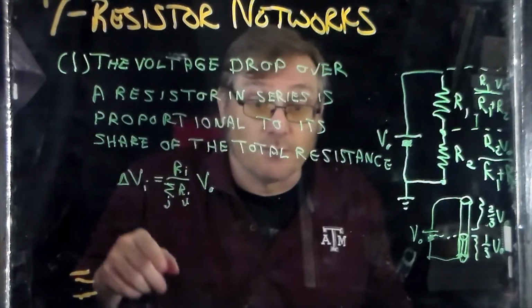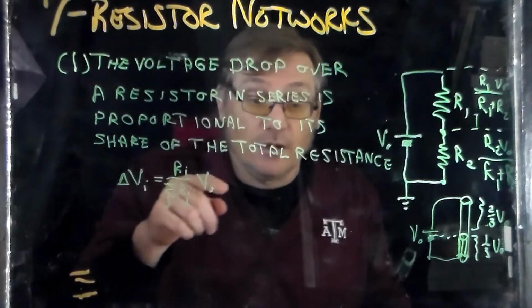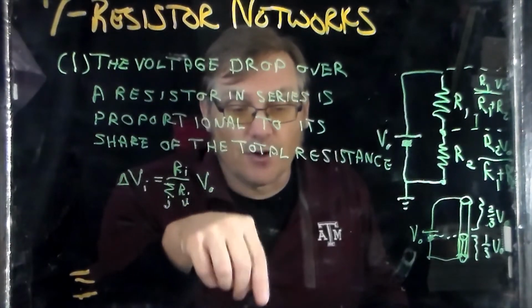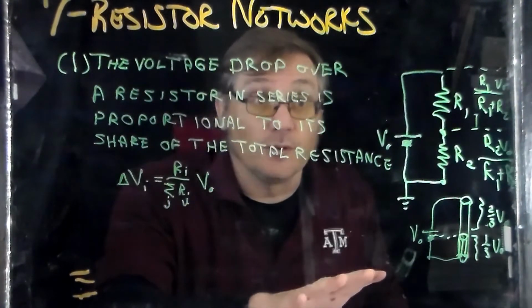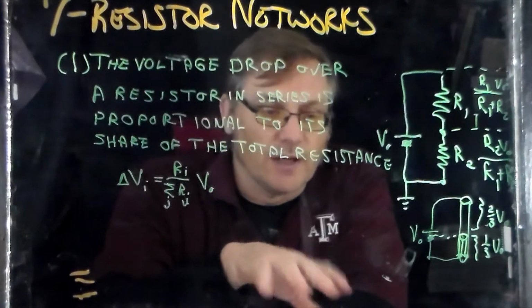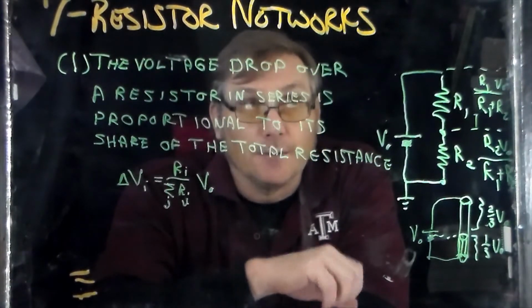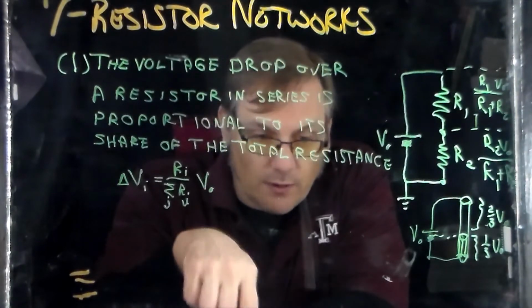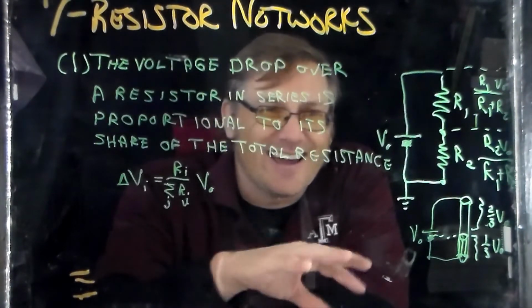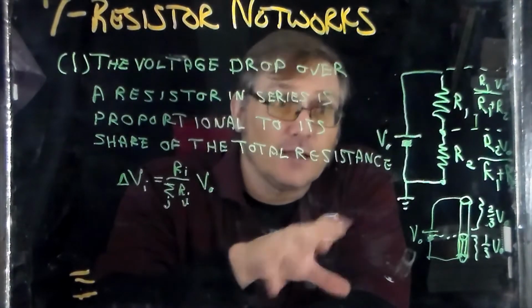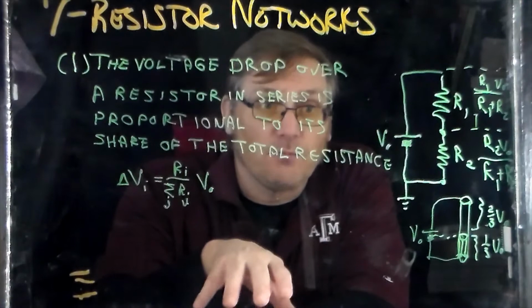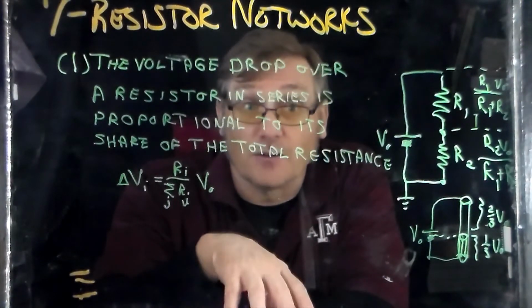The loop rule says basically that every point in the circuit has a unique voltage, right? So it's going to be sort of like a height, right? And that is going to say that whenever we trace something around, we can add and subtract voltages to get a relationship between them. So the next two things will be algebraic laws,